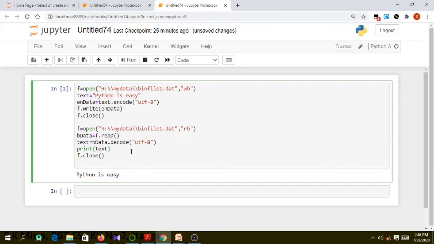It gets the binary data from a binary file and decodes it into the original string format. So this is what we did in this video. In the next class we'll see some other, easier ways to write and read data in binary files.